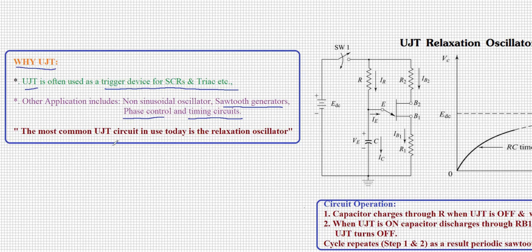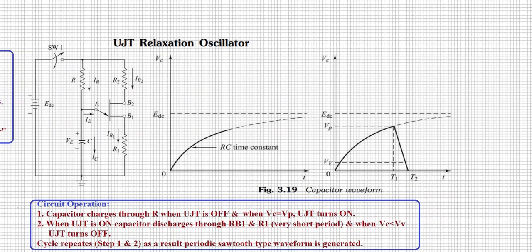The most common UJT circuit in use today is the relaxation oscillator. So the very important topic to be discussed here is the relaxation oscillator. From the exam point of view, you may get the question: explain the UJT as a relaxation oscillator, and also how the UJT can be used as a triggering device for SCR. These are the two questions I'm going to address now. We just saw the application point of view. Moving ahead,